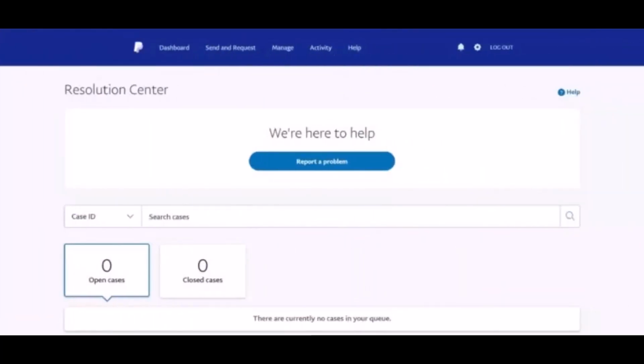Once you go to resolution center, on the next page you have to click on report a problem and select the transaction where you want to dispute, and then click continue at the bottom of the page. So as you can see, you have to select the transaction that you want to dispute. So for example, you could have multiple transactions. If you have had multiple transactions, select the one that you exactly want to dispute, and then just click on